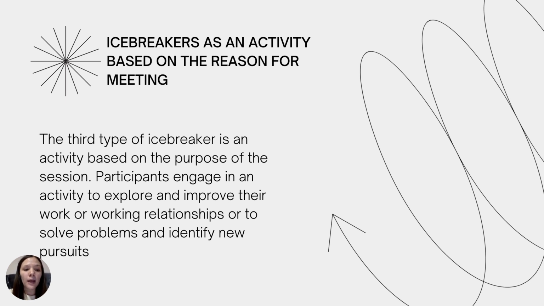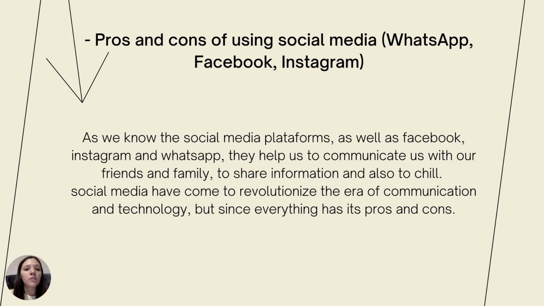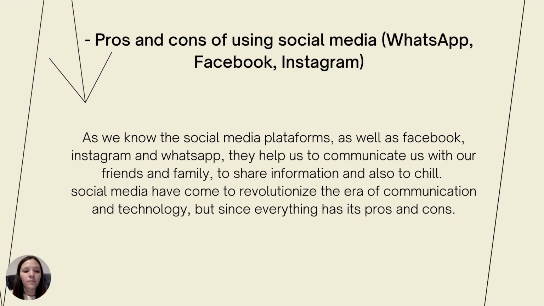Now I am going to talk about a topic. This topic is the pros and cons of using social media: WhatsApp, Facebook, and Instagram. As we know, social media platforms such as Facebook, Instagram, and WhatsApp help us to communicate with our friends and family, to share information, and also to chill. Social media has come to revolutionize the era of communication and technology, but since everything has its pros and cons,